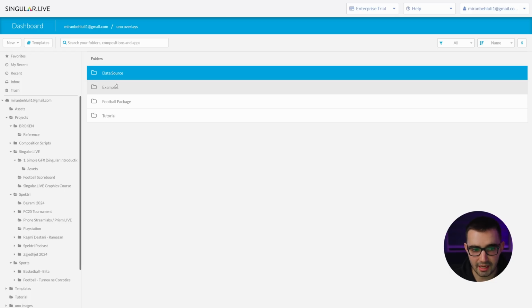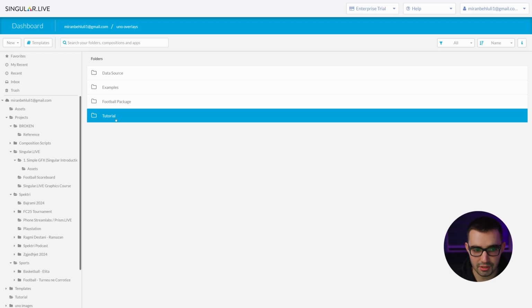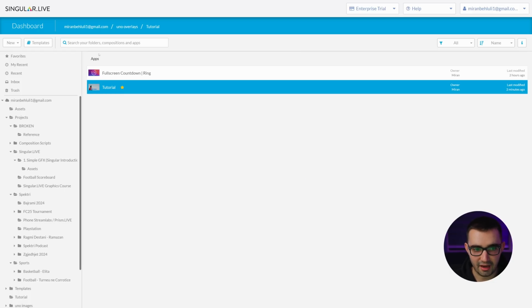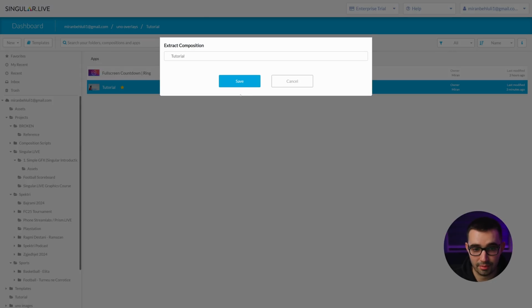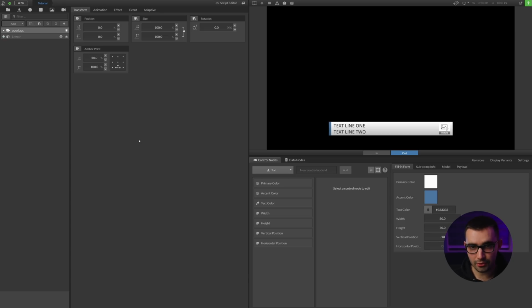And once we go inside, here we have those same folders. And inside the tutorial, I have the tutorial composition. And because these are control apps, I can't really modify these, but what I can do is right-click, hit Extract Composition, and then open up that composition. And this is Singular's Composer, which allows you to build graphics from the ground up. And I brought this up because I want you to be aware of the fact that, oh yeah, we have